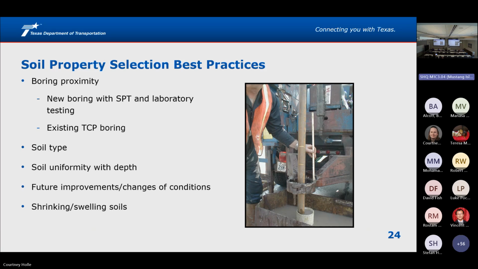So when I'm determining what soil strength to use in these standards, and this applies even when the standards change a little bit moving forward, again, as I mentioned before, we're concerned about proximity. If I have an existing TCP boring while the standards are still in TCP, I can look at that information and factor that in as well. How much data do I have? Again, do things look like they're changing quite a bit or are highly variable?